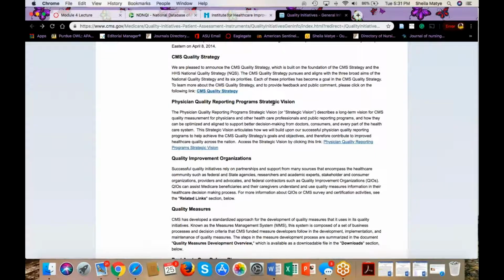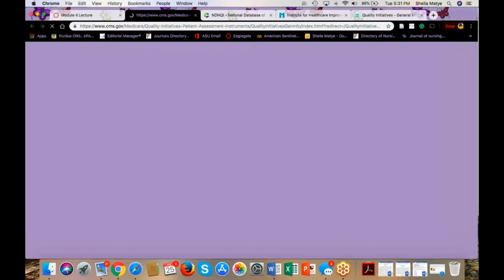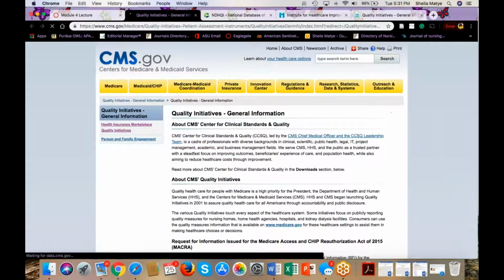So click on these downloads, see what that brings you. You can do each one of these, and so I think the physician quality reporting system, I think that's talked about up here. So here's their strategic vision. You can probably get a lot of the mission and the goals out of this one. You can get a lot about the gap, different things that you need for your paper out of this one. Yeah, and then I believe this is the same thing. Yep,